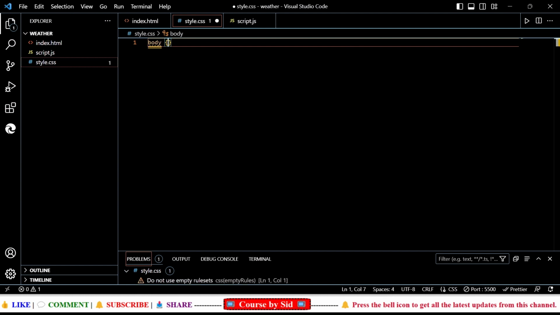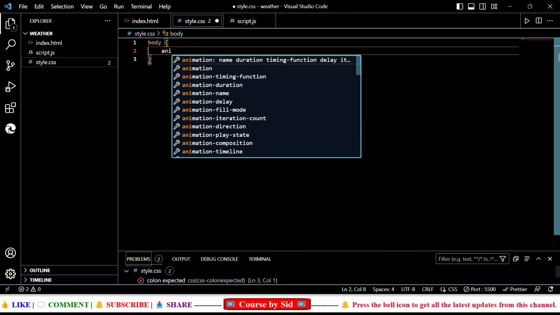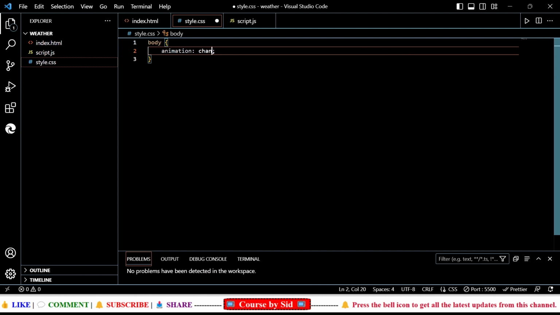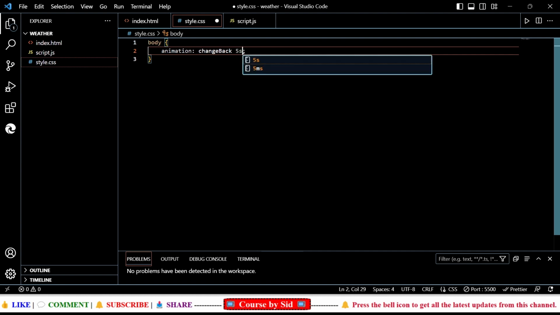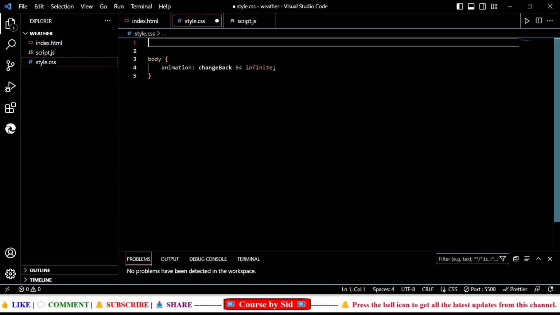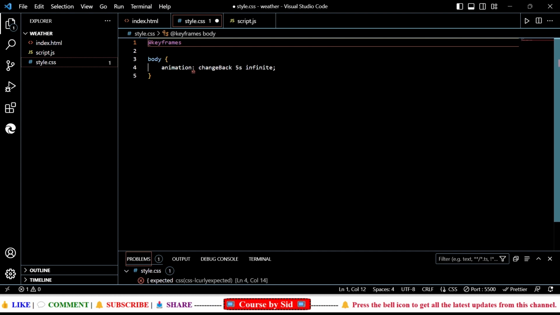So I write body and then I'll open the curly braces and then I'll write animation, and after the animation I'll write change back, right, and then I'll write 5 seconds and then I'll write infinite, right. And now before this body, since we have used change back, we'll be writing the keyframes. So I'll be writing @keyframes and then I'll write this name change back,